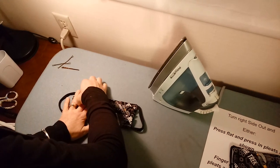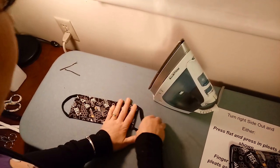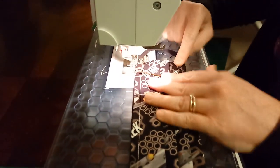I use these bobby pins. You could use hair clips. You could pretty much use anything you can think of that would hold this together, and stick those right on, ready to sew. Alright, now what I'm going to do is I'm just going to stitch down the sides here,